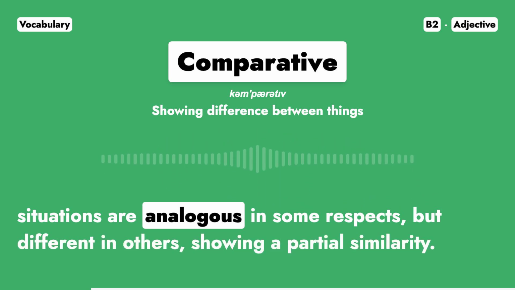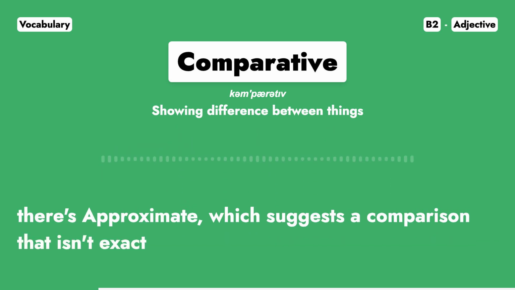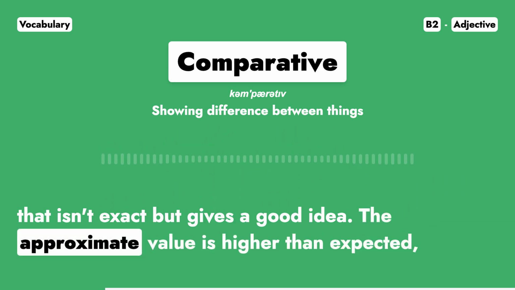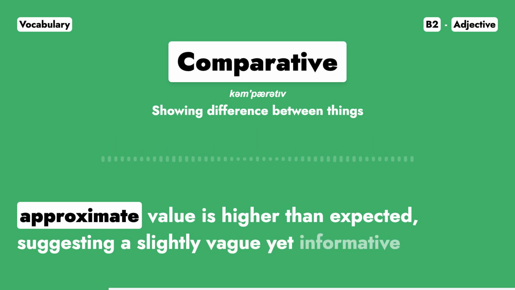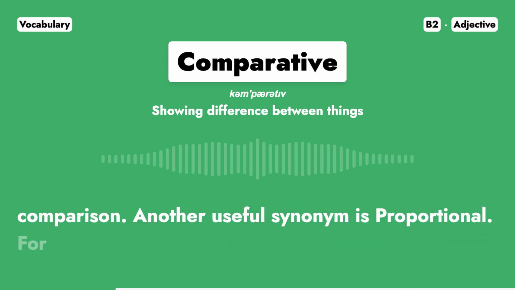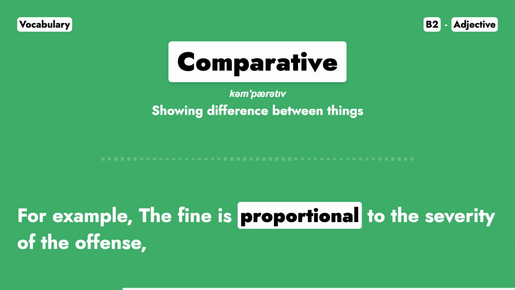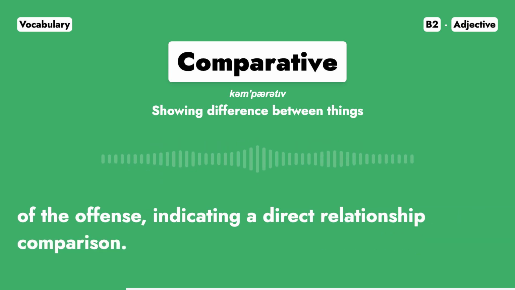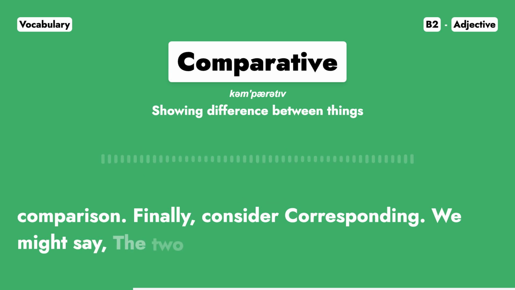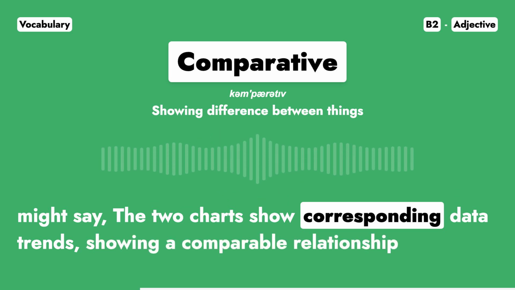a partial similarity. Then there's approximate, which suggests a comparison that isn't exact but gives a good idea. The approximate value is higher than expected, suggesting a slightly vague yet informative comparison. Another useful synonym is proportional. For example, the fine is proportional to the severity of the offense, indicating a direct relationship comparison. Finally, consider corresponding. We might say, the two charts show corresponding data trends, showing a comparable relationship between the data